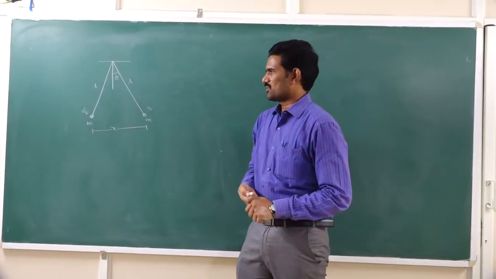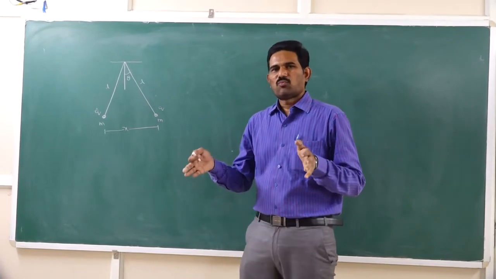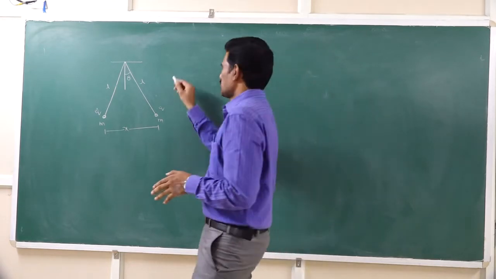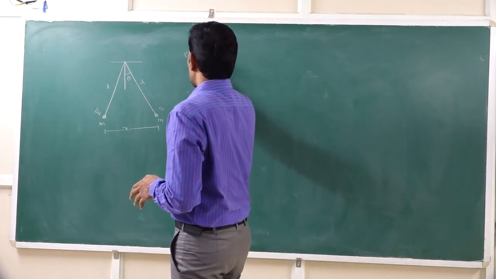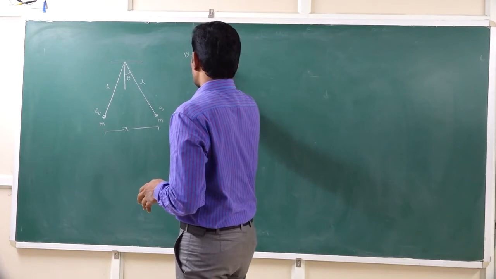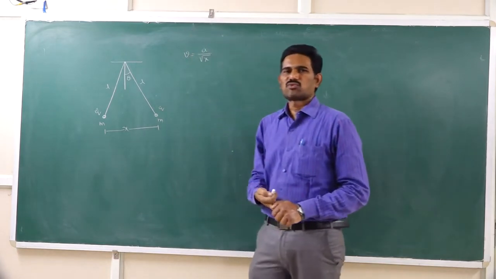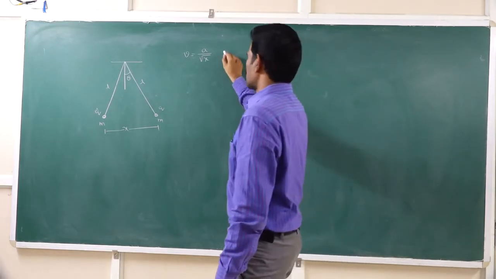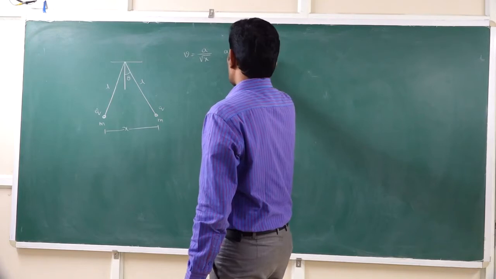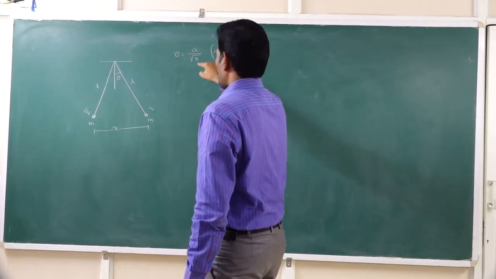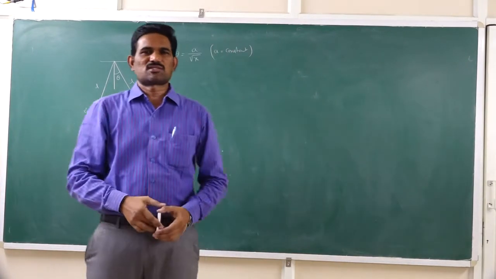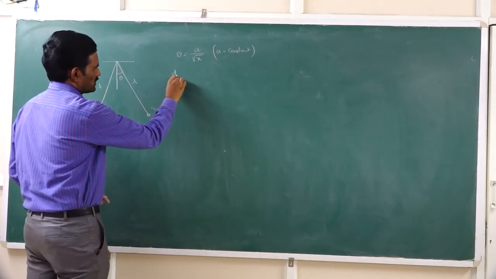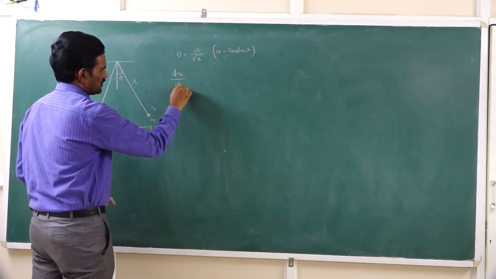Now the given situation is that the two bobs are slowly approaching each other with a velocity of v equal to a by root x, where a is some positive constant and x is the separation between those two charges at the given instant. If they are approaching each other, we need to find the rate of leakage of the charge.